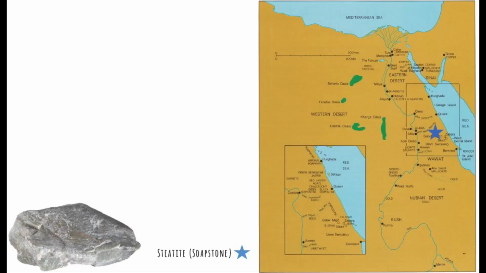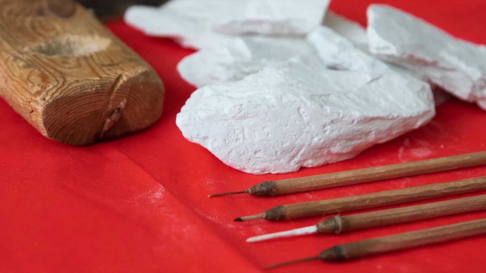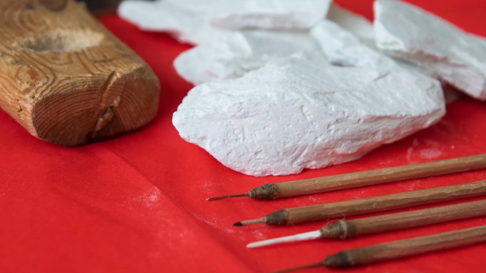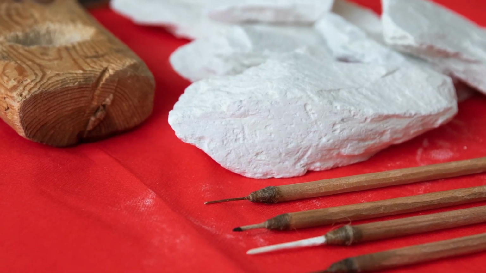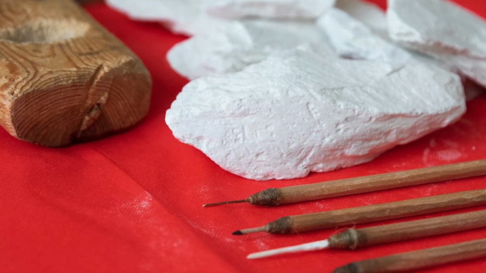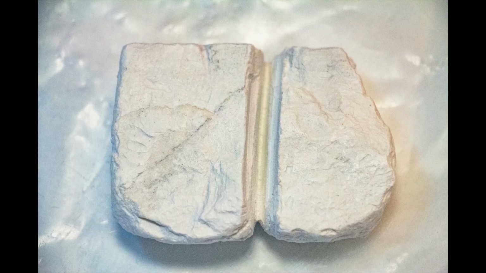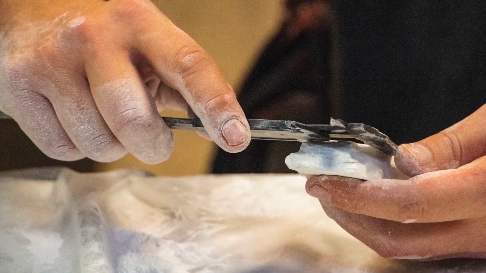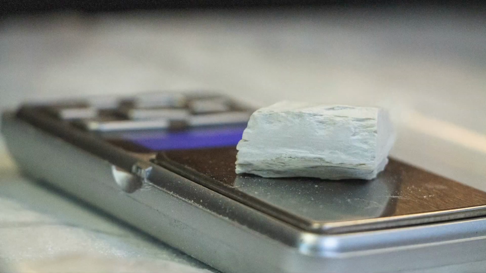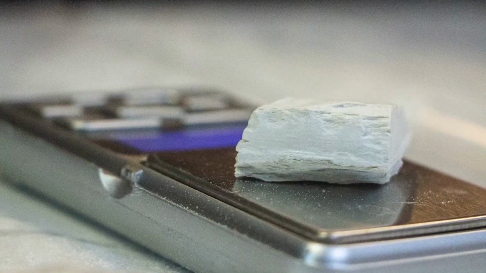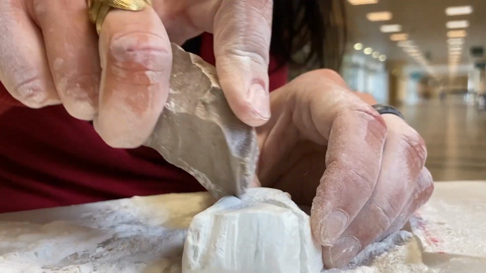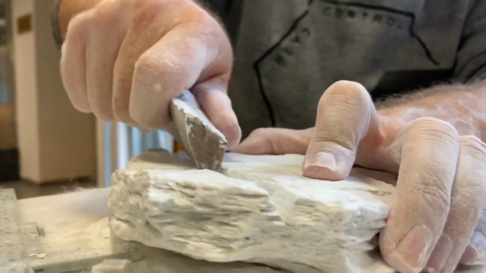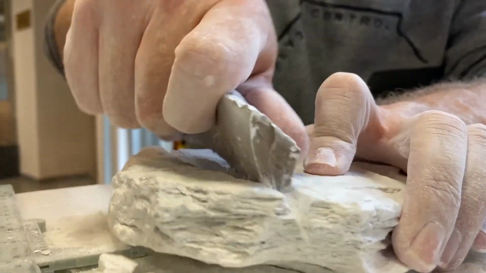Steatite was quarried in Egypt and transferred to the southern Levant either in blocks or as semi-finished items. Like ancient Levantines, we also purchased our steatite from a local store specializing in semi-precious stones. We started our work by creating roughouts, small blocks of 3 cm long, 2 cm wide, and 1.5 cm thick. We used flint tools such as blades, retouch blades, and backed knives.